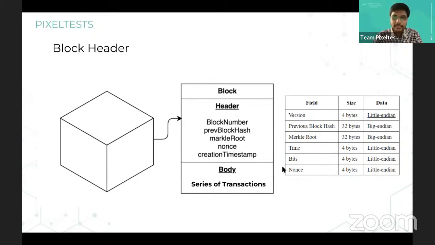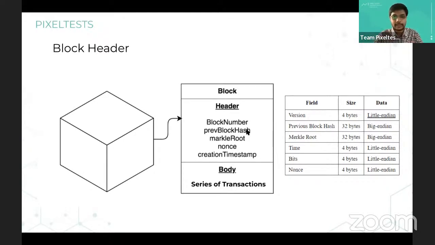There are other things in the header also, which are the Merkle root, which we'll discuss today, and the time at which the block was relayed, the bits and nonce, right? We are going to discuss the nonce in our upcoming session. But one thing you need to understand is that every block will have a series of transactions that are uploaded or validated by the miner,